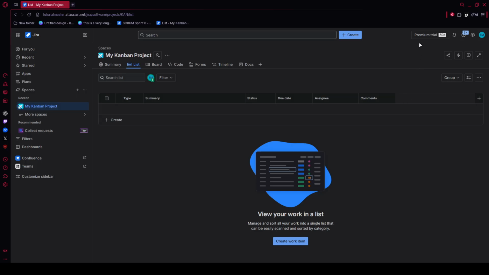Finally, do a quick check to make sure everything loaded properly and that you're in the right account. If this is a workspace you use regularly, bookmark the page in your browser so you can access it faster next time. On Windows, you can press Ctrl+D, and on Mac,